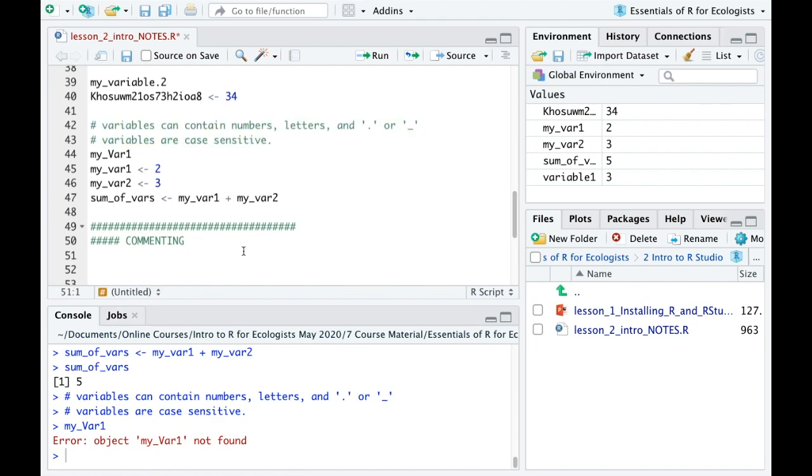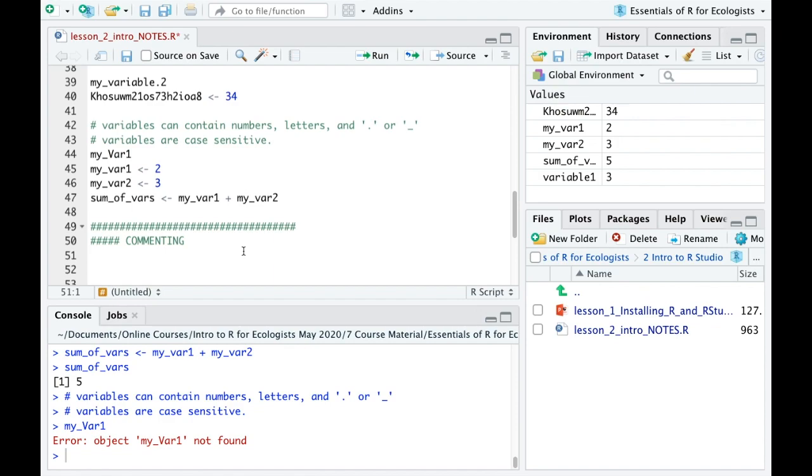So this is one way to add your notes as we go along. I'll keep mentioning this throughout the course, but it's good to get into a good commenting habit early on. So as you start to analyze your data and write out longer R scripts, it's a really good idea to try to explain every step of the way as you're going. Try to describe why you're doing a particular analysis, why you're running a particular line of code, why it's relevant to what you're doing.